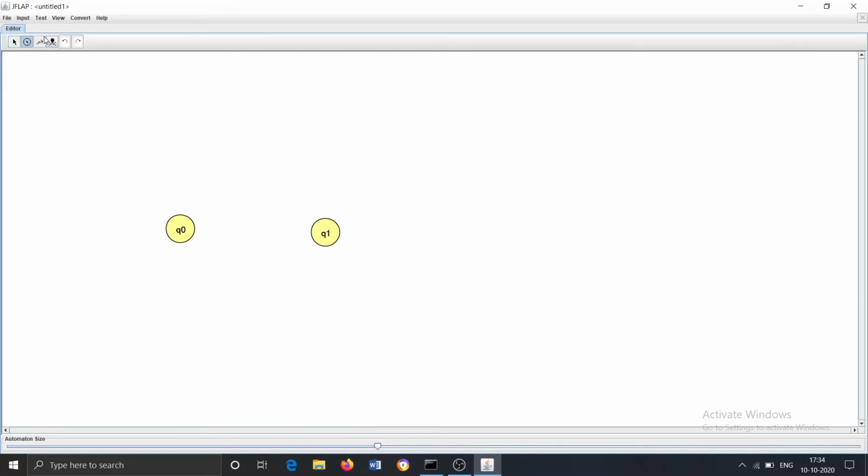Now we will make q0 the initial state by first clicking the attribute editor, then right clicking on it and selecting initial state. Now we will make a transition from q1 to q0. For this we select the transition creator and create this transition.